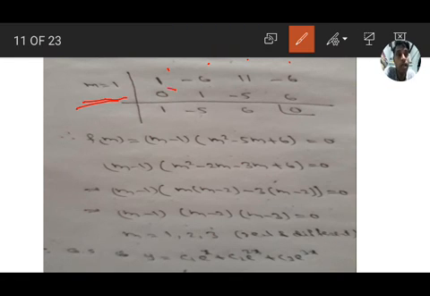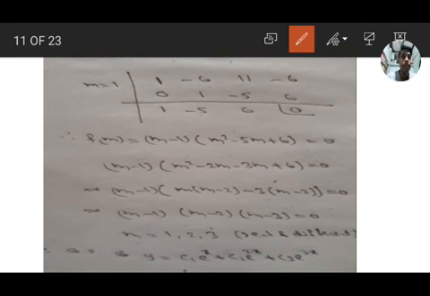First of all we take 0 here. So 1 plus 0, we add these two values, we get 1. After getting this result, multiply with this 1. 1 into 1, write here. Minus 6 plus 1 is minus 5. Minus 5 into 1 is minus 5. So 11 minus 5 is 6. 6 into 1 is 6. Minus 6 plus 6 is 0. Compulsorily we will get 0 here.